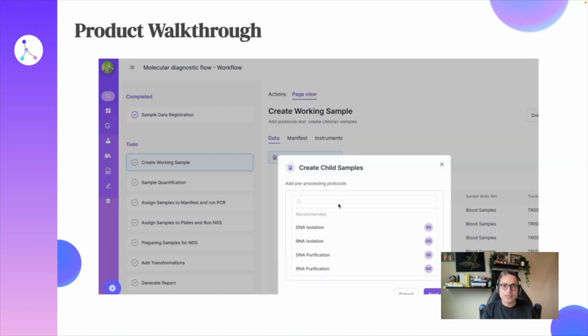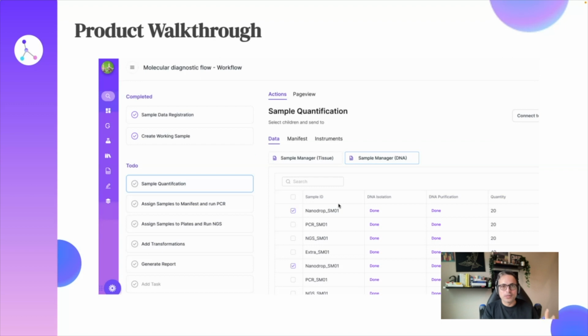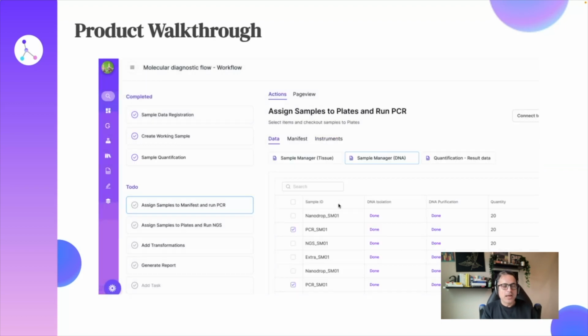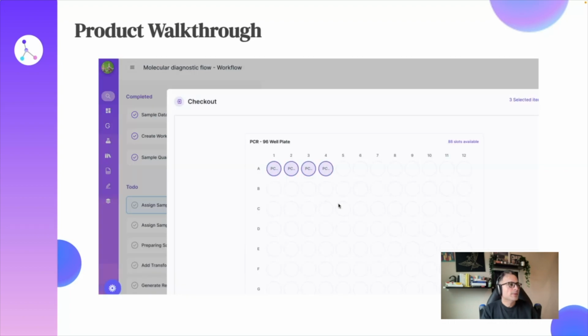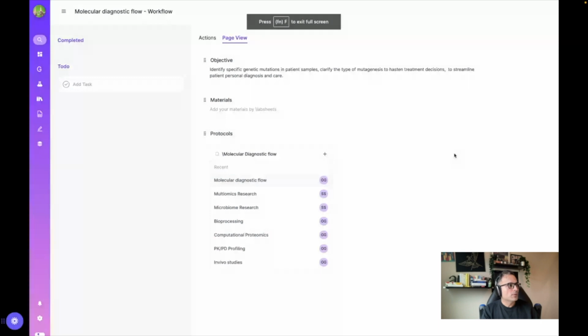So if you are building a molecular diagnostic AI company, or if you work in an existing molecular diagnostic AI company as a wet lab person or as a computational person, I think some of this will resonate with you. So let's get started. In terms of the workflow, what I'm seeing is people use traditional electronic lab notebook